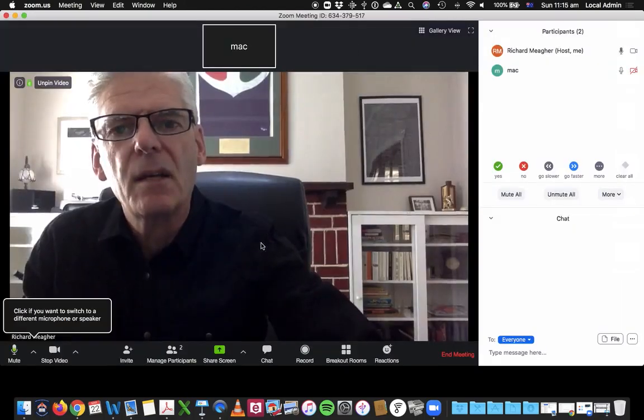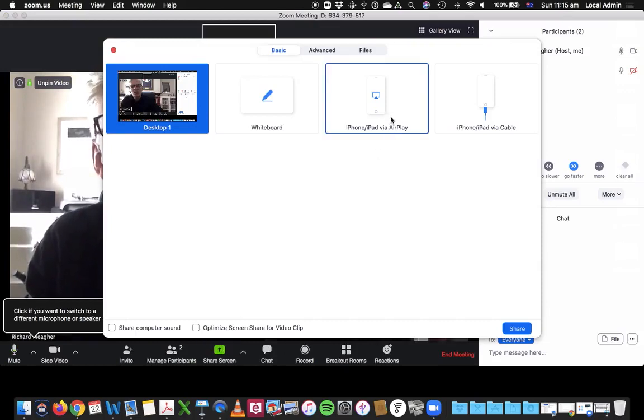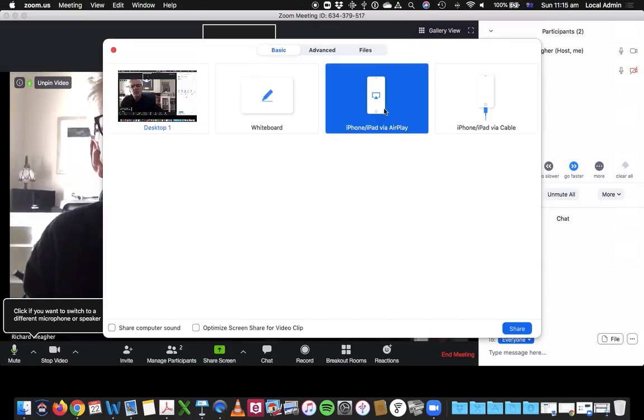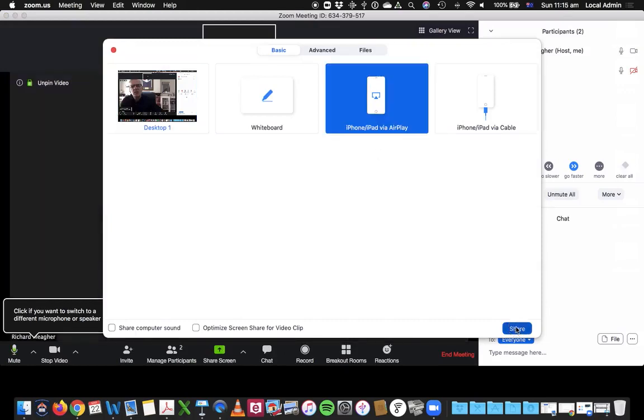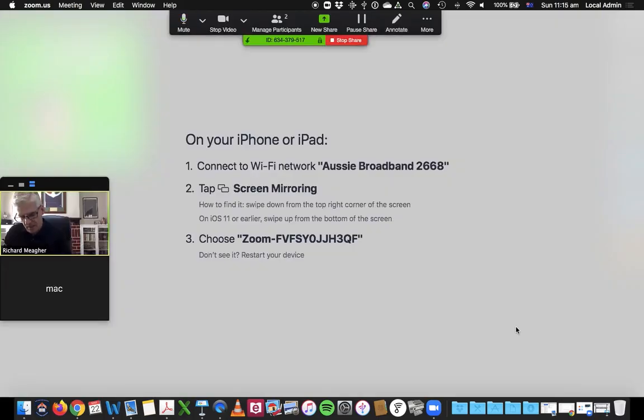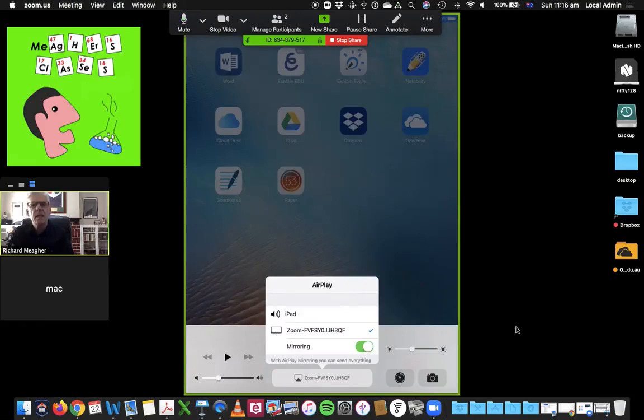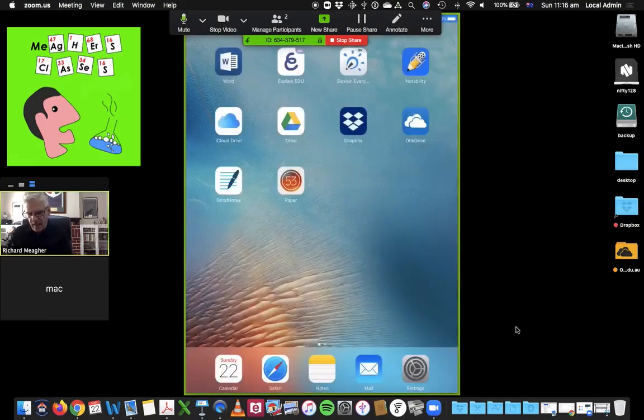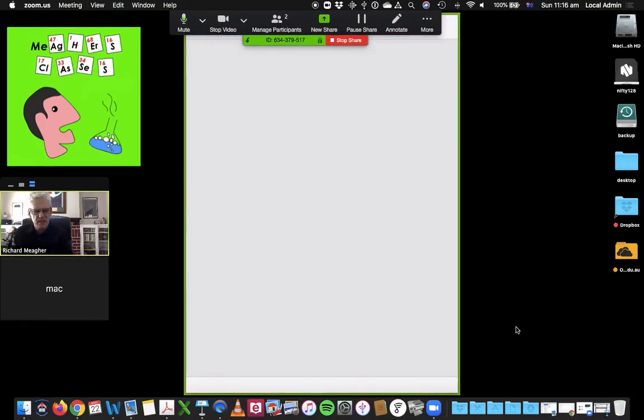However, if I was going to share my iPad, and I'll do it the same way as the phone was shared, in that, sorry, I've just got to connect to this iPad. It was turned off there for a while. So if I do the same thing through AirPlay and connect to the Zoom meeting with my iPad, now what I've got, and I find this is an easy, if you just get